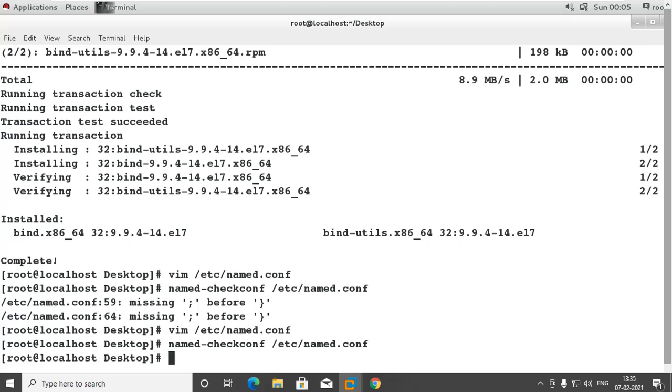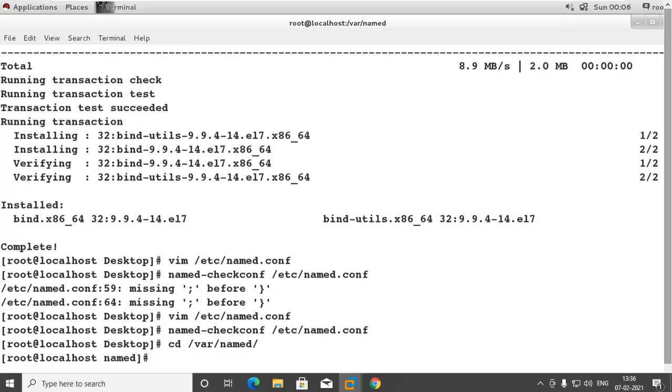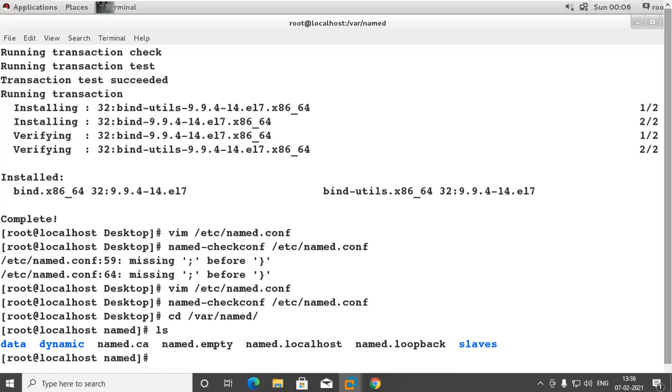Now we will go and make the zone files. The path was /var/named. Inside this we have some default zone files like named.localhost for forward and named.loopback for the reverse lookup. I will copy this file and name it forward.db.